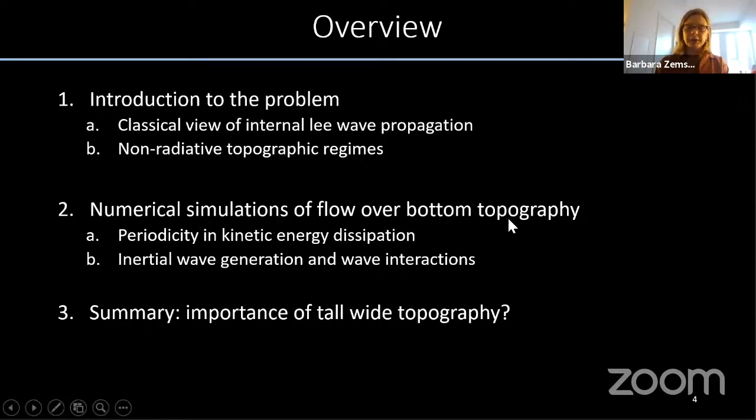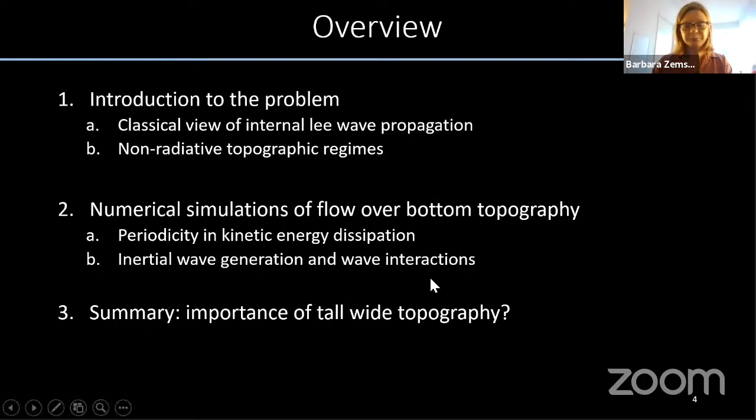Then talk about the numerical simulations akin to the video that I just showed, and discuss the periodicity and kinetic energy dissipation that we saw in some of those simulations, and also then connect this periodicity to internal wave, inertial wave generation, and also wave interactions as related to the height and width of the different topographic regimes. And finally, summarize and discuss the importance of tall and wide topography in the scheme of analyzing wave drag and